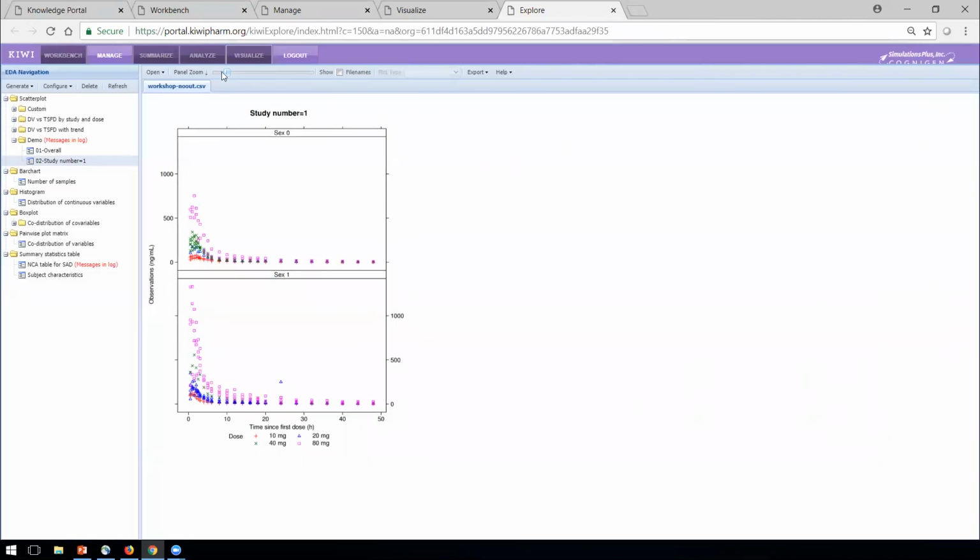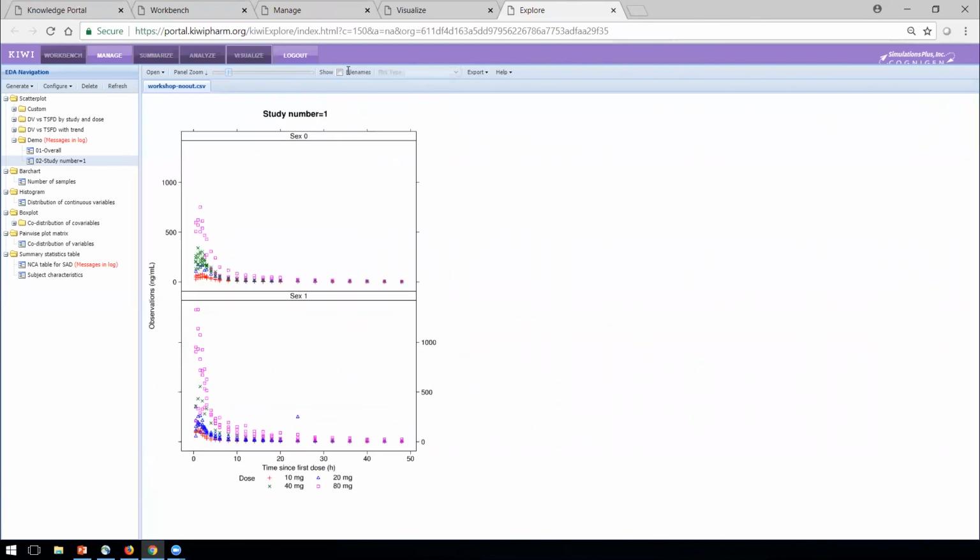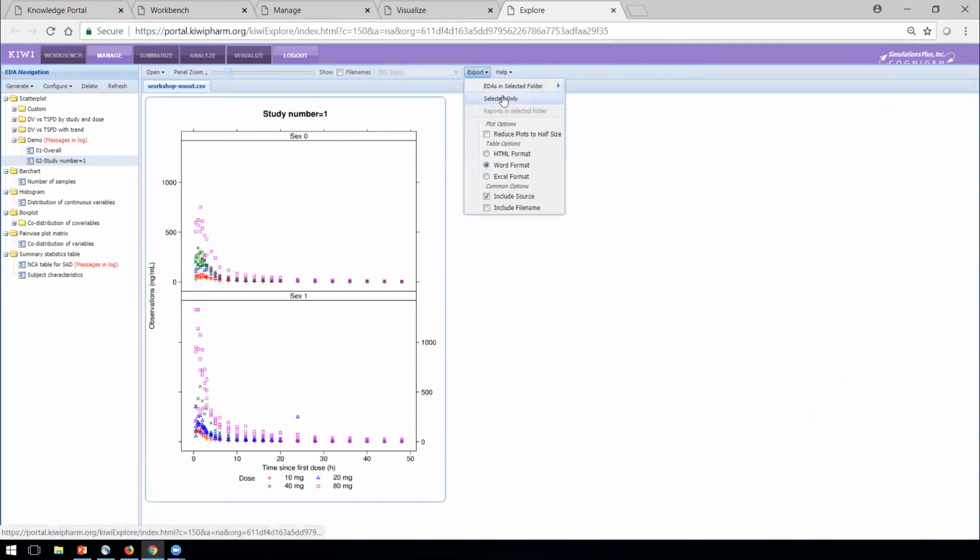Another piece of shared functionality: you can zoom in and out in here. You can view the names of the files. You can export out of Explore. You can select a particular plot and export that selection, or you can decide to export all the EDAs that are in the selected folder in the